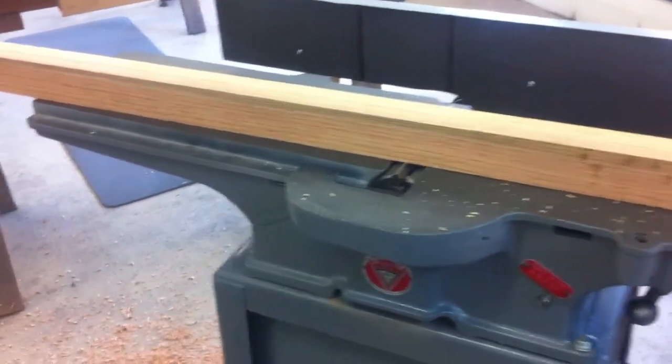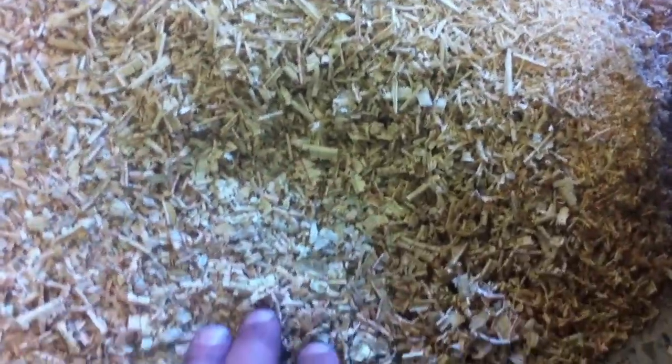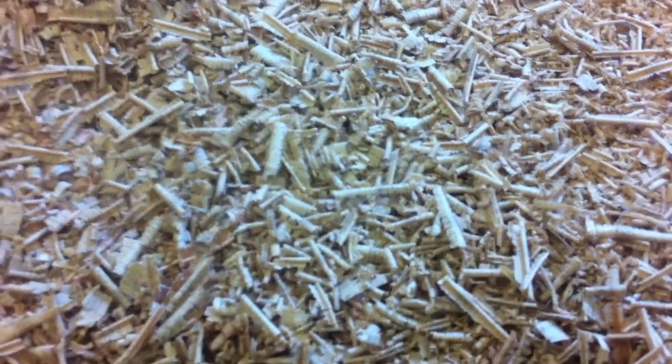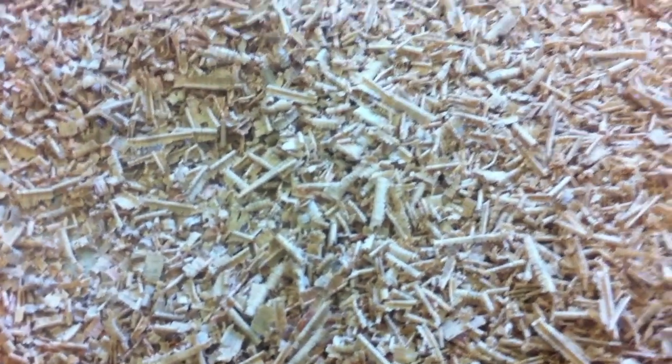Some of the first cuts I've taken with it, I've done a few just to check things out. Actually, I've faced a lot down. And you can see, I guess it's the new knives, but I mean, these are really how they're curled up. It's really just shavings coming off, so that's really nice. I varied the cut from anywhere to right now